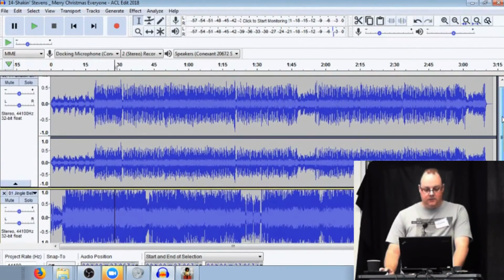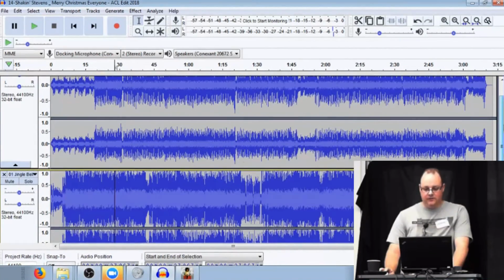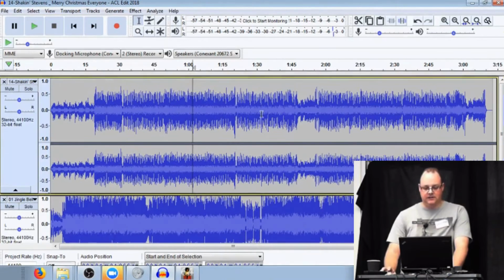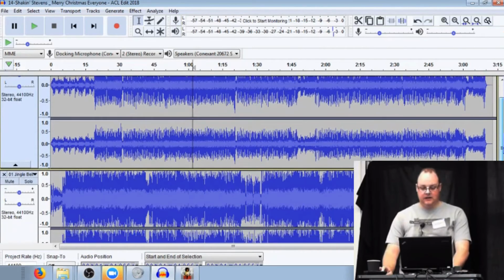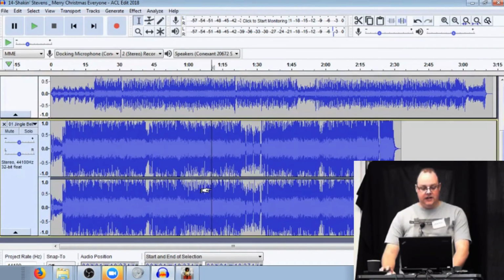So here's another example. Whilst we did normalize this file originally, because there's one peak here that's pretty much reaching 0 dB, nothing else went along for the ride. This track here, though,